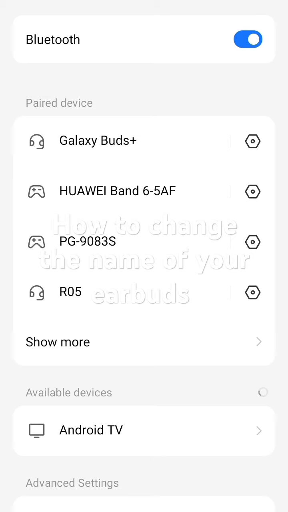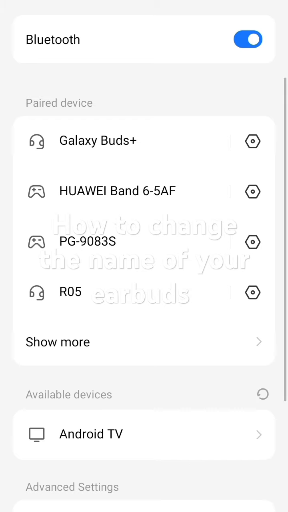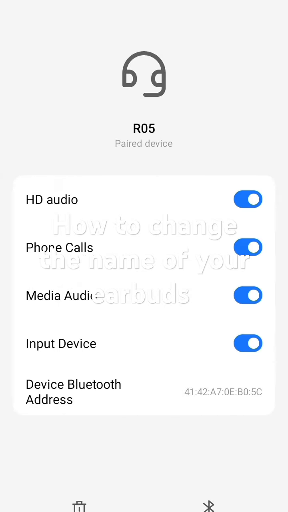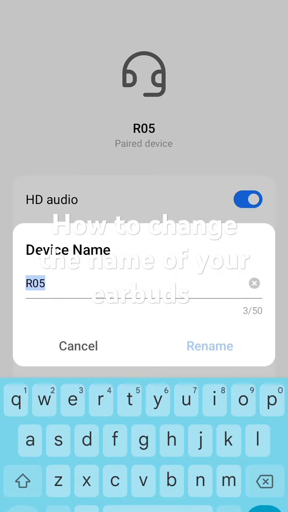So over to this one. If you click that gear icon over there, you can see all the information right here. You also have the pen, which is the device details. You just have to click that, and then you just have to change the name of your Bluetooth device. So okay, right.